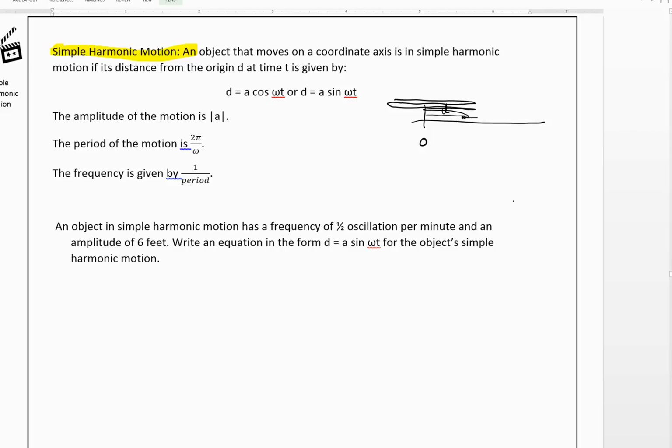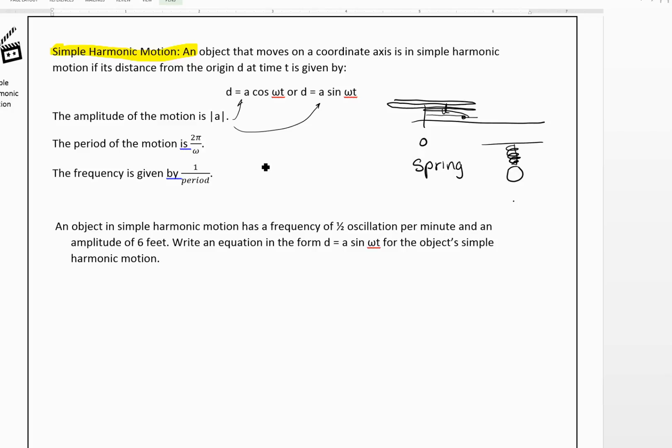One thing you can think of is a spring. If you put a weight on a spring, how it would fall and bounce back up and fall and bounce back up, that would be simple harmonic motion. Okay, so the amplitude of the motion is the absolute value of this A value. The period, how long it takes to go through one oscillation, is 2 pi over omega, and the frequency is 1